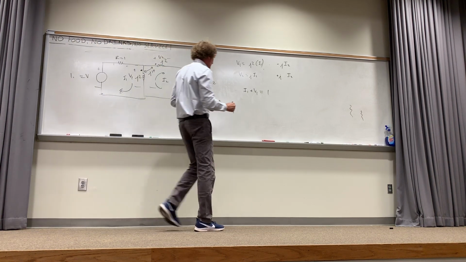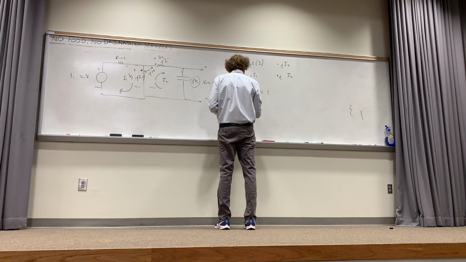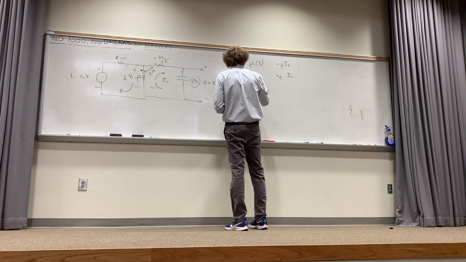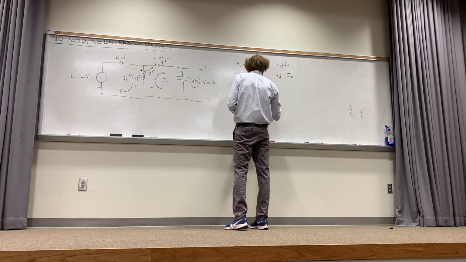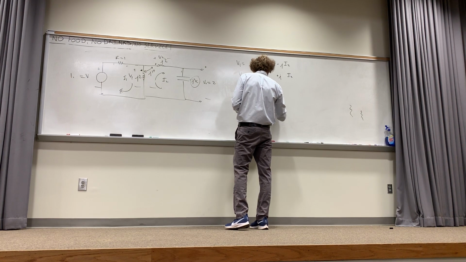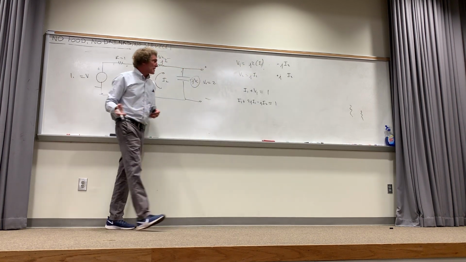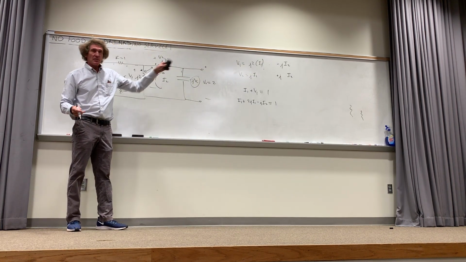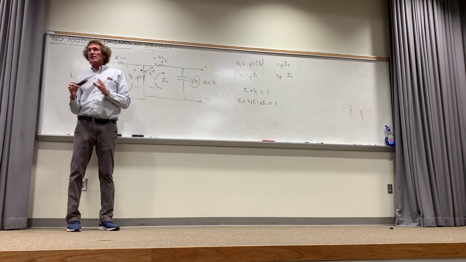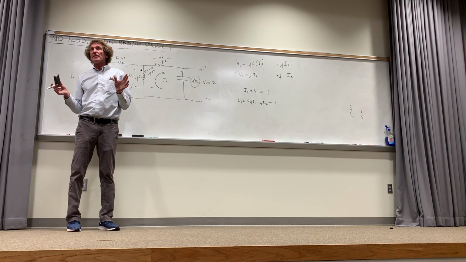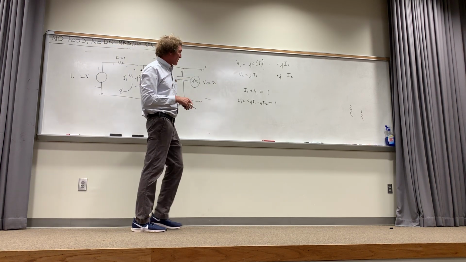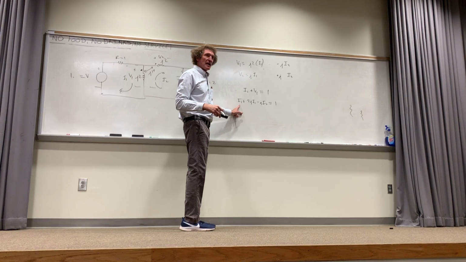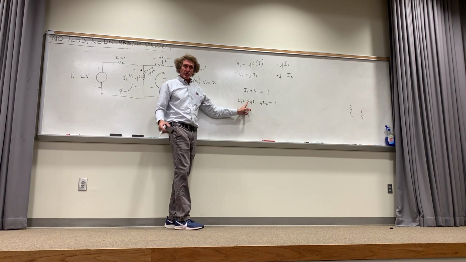So now I get I1 plus V1, which is going to be plus 2JI1 minus JI2 equals 1. The only thing I've done here is replaced V1 with the V1 on top. Everybody? And then I'm going to go ahead and just group the coefficients. So if I look at I1, it's going to have the coefficient 1 plus J2. Do you agree with me?